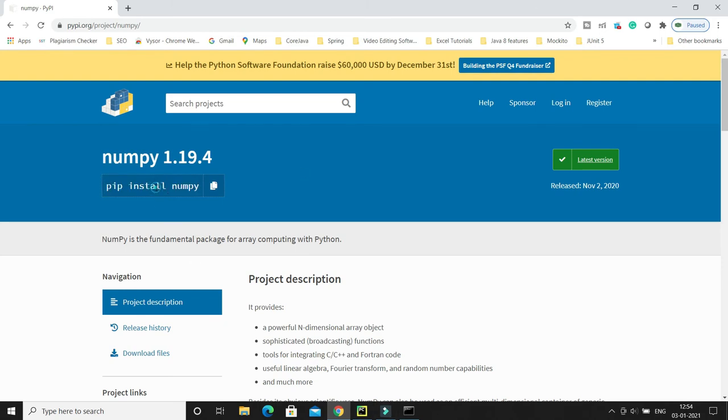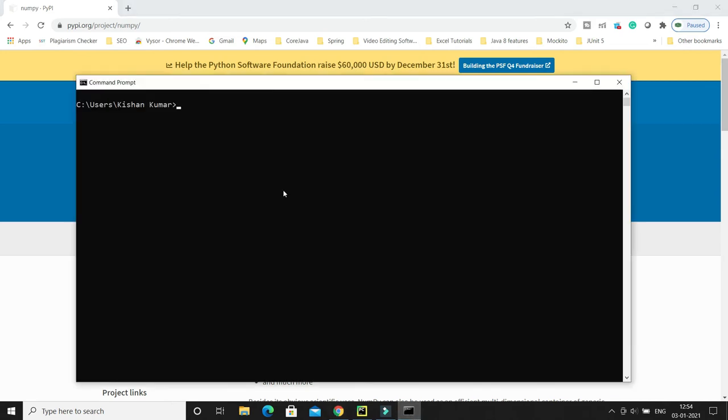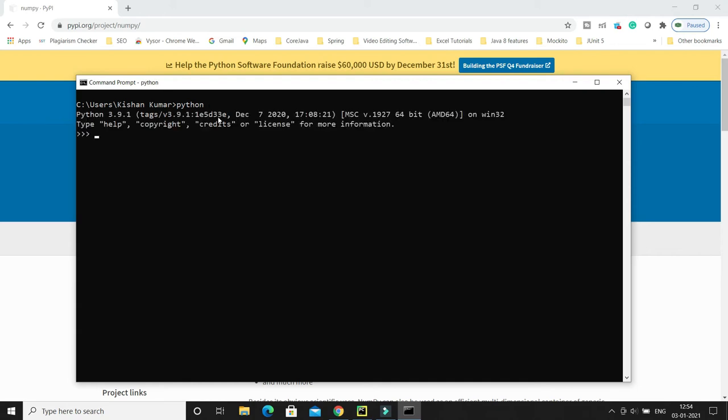Now let's say I would like to use NumPy. I would like to install it, but before that let me show you. Let's say I would like to check whether this library is already installed on my machine or not. Then how can we check? I will just write python on the command prompt. You will be navigated to the Python terminal, and here I would like to import NumPy, and let's see what happens.